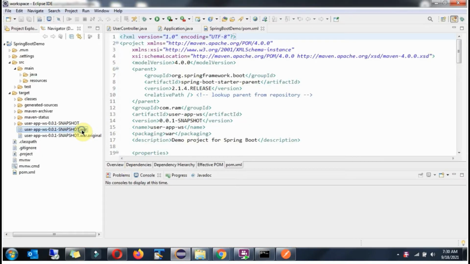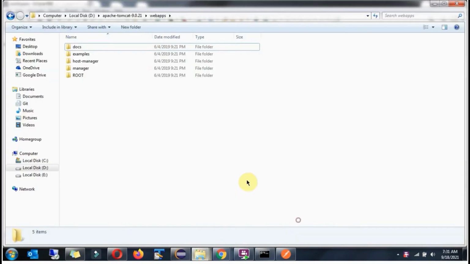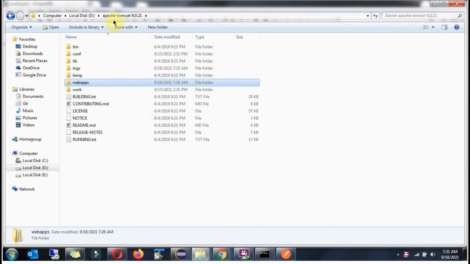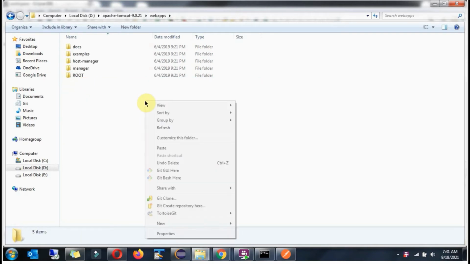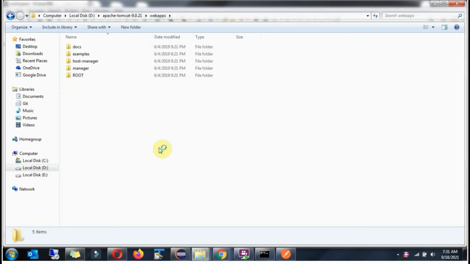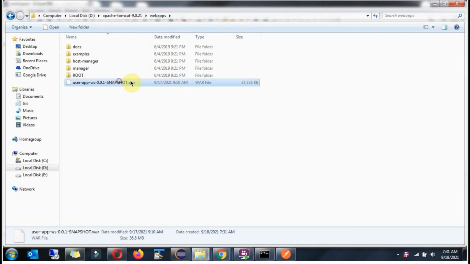Copy the WAR file. And inside the Apache Tomcat folder, here you can see the webapps folder. Paste it here. And you have to rename it as user-app-ws.